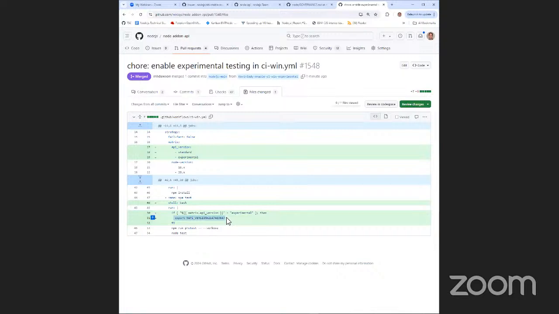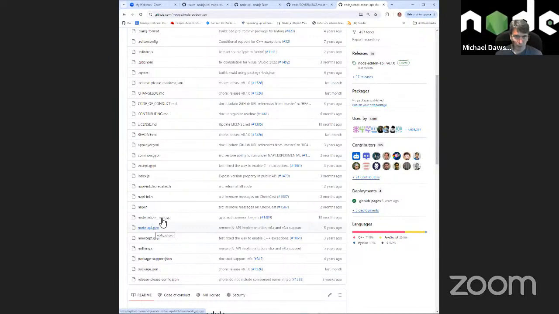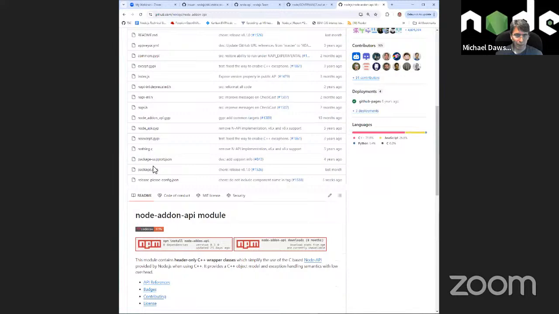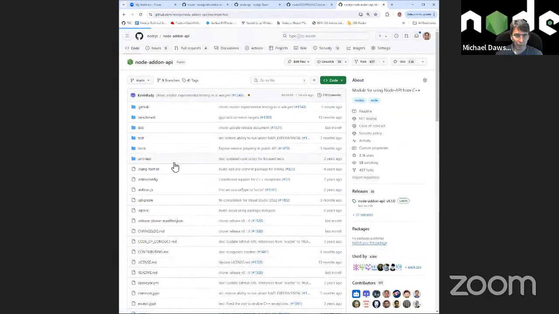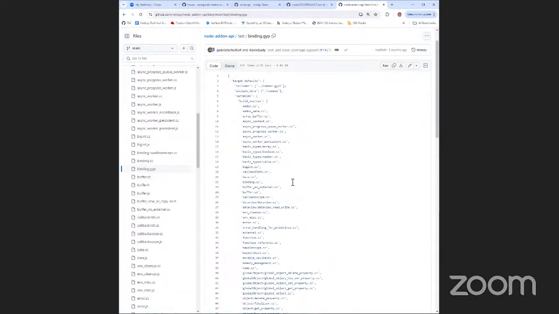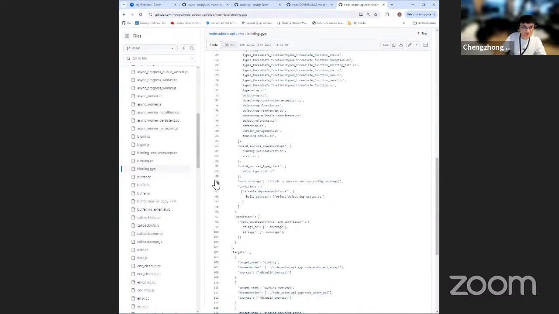Can you open the zip file? I think that's where we listen to it, and we turn it into a preprocessor directive. Bindings.zip. It should be in test, like test bindings. Okay. Yeah. Can you see that line 90 explicitly references the environment, but I didn't find a reference for the API version.